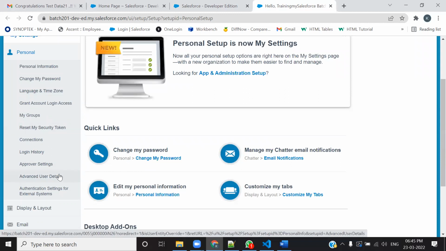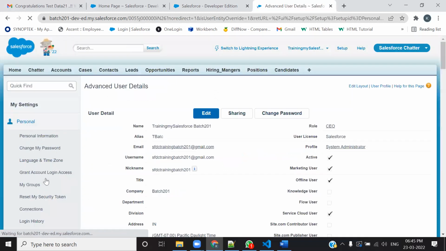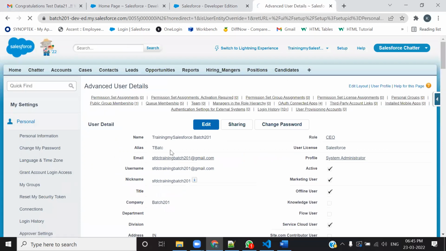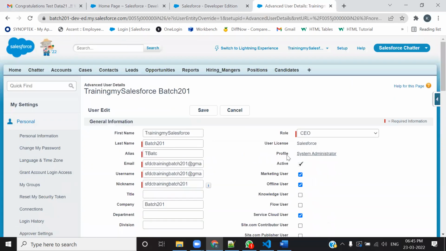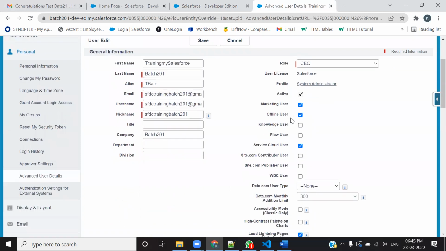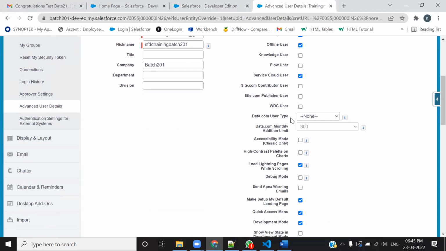Go to advanced user details. Advanced user details. Edit this. Everything is being recorded, so there's no problem. If you have messed up something, you can go back and see the recording. Edit it, and then